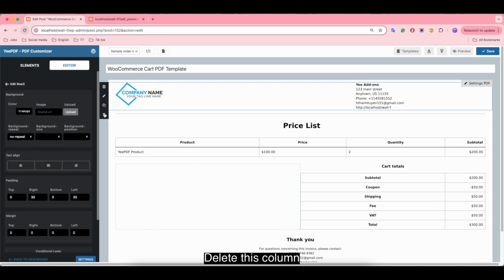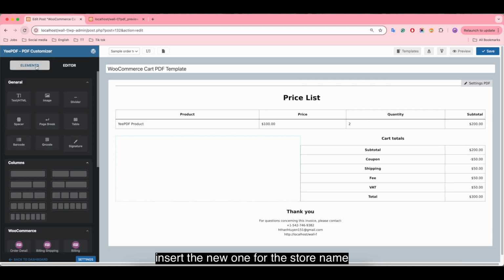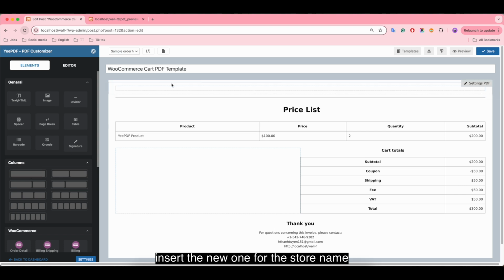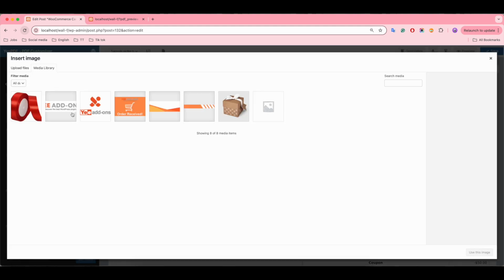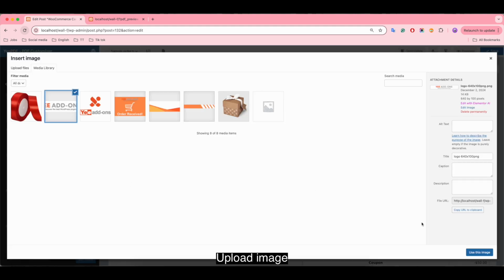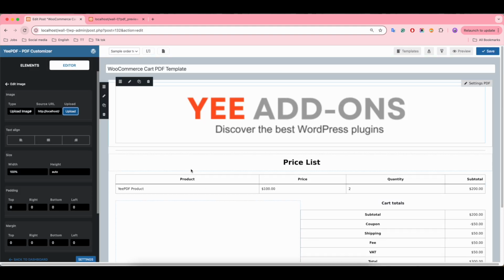Delete this column. Insert the new one for the store name. Upload image. Change the size image.